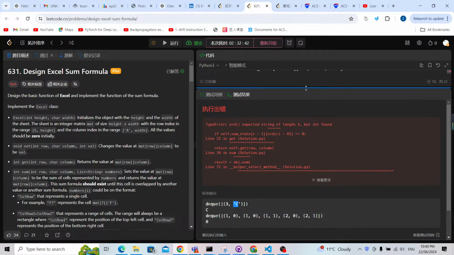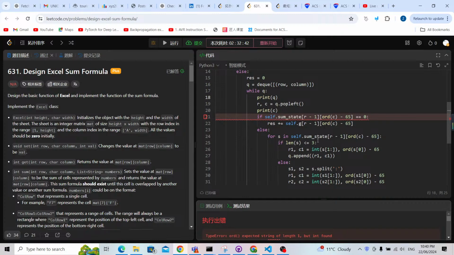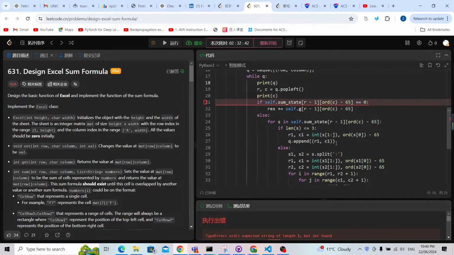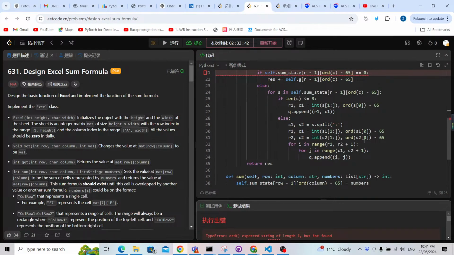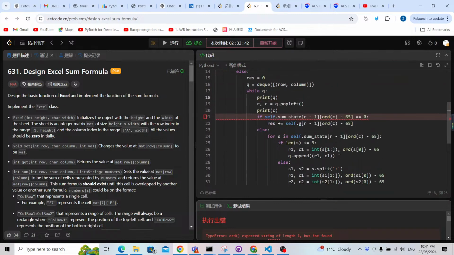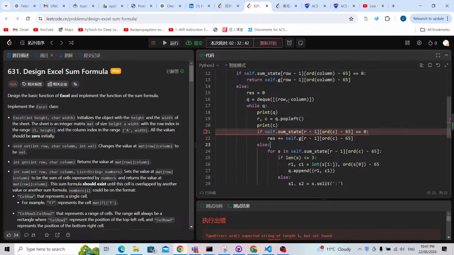So this means my queue is wrong. Let me check where I put it wrong. Yeah, so from here I put a number inside. I should be consistent. Yeah, and for here I also put a number inside. So it means in this position I need to put the numbers inside the queue, and instead of this row and column, I needed to change it to row -1